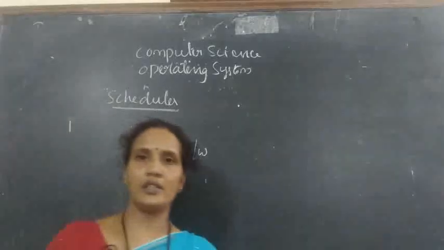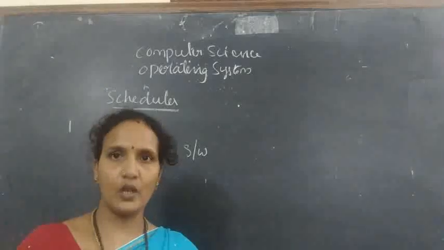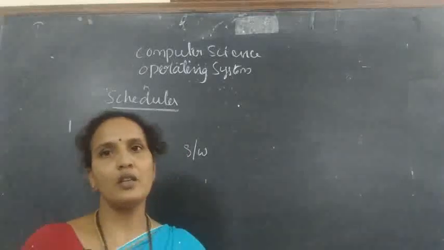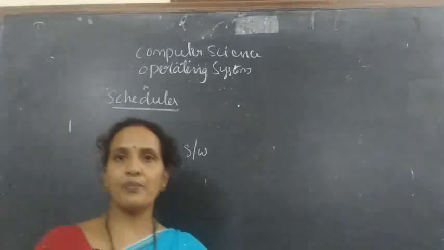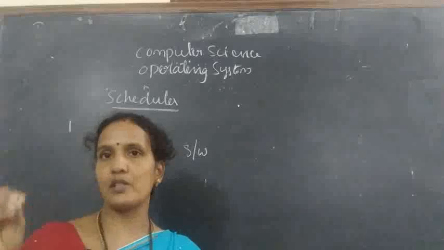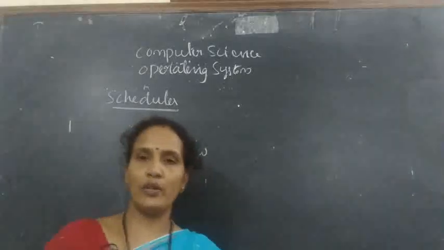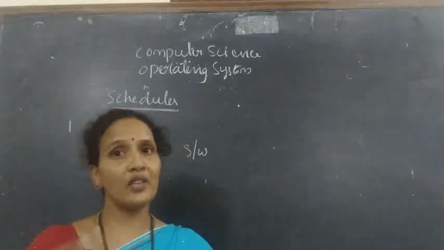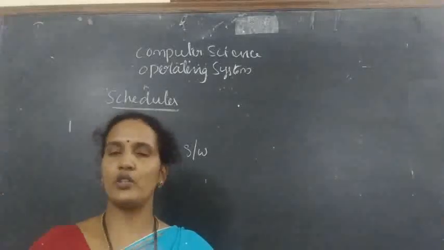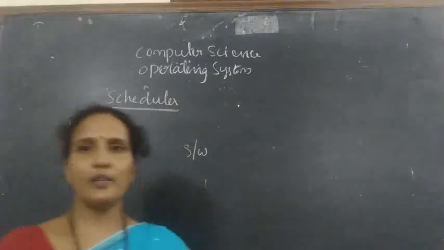So what is the scheduler? The scheduler is a special software designed to select one process from the queue and load it into the CPU. Understand? There should be one person who can select the job from the queue and load that process. That role is played by the scheduler. The operating system will maintain the queue, but the scheduler will select one job from that queue and load it into the CPU. Because only if the job is loaded into the CPU will the program be executed.